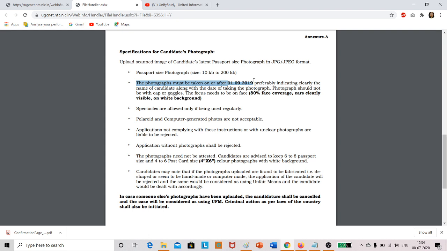So it is not exactly, अगर आपका ऐसा है कि आपका अगस्त में हो रहा है तो फिर भी वो चलेगा, but try it for the latest photograph, and preferably indicate clearly the name of the candidate along with the date. तो आपका name and date mention करना, they are preferring this.